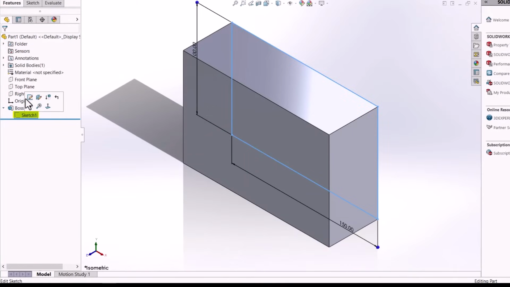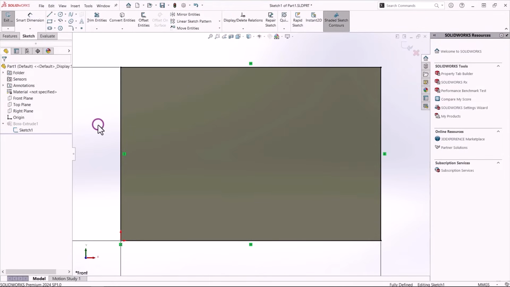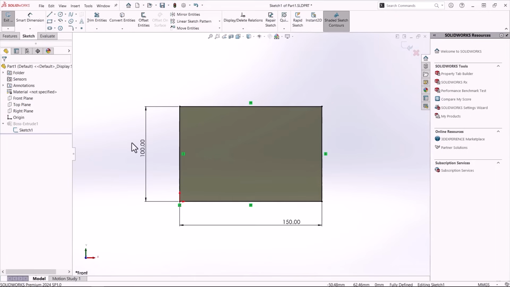But what if I made a mistake on this sketch and want to modify it? Before we proceed with designing our ideas, we must be prepared in case we want to make modifications to our model. I can either left or right click on the sketch and choose the Edit Sketch command. By doing this, the sketch opens and now I can edit dimensions, relations, or even add new entities to modify it further.